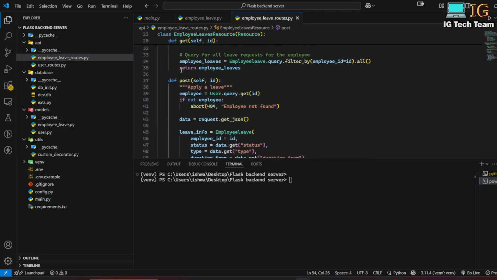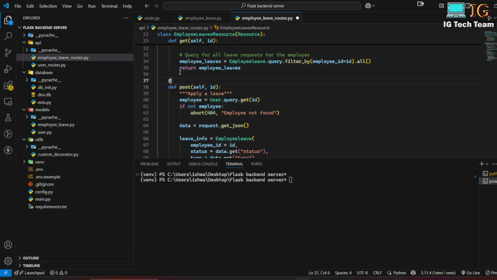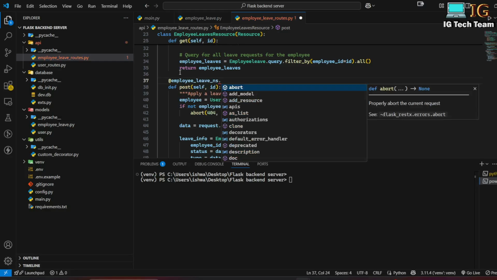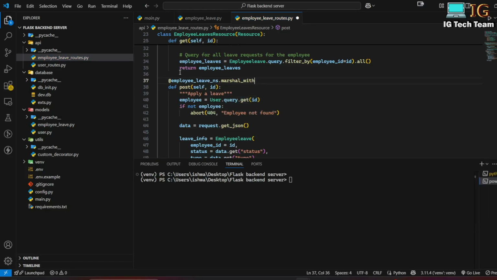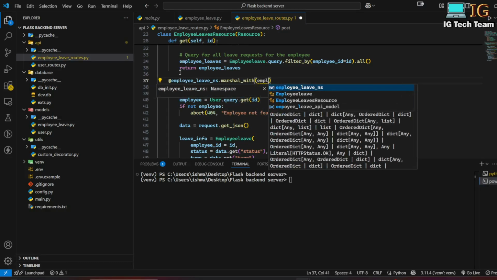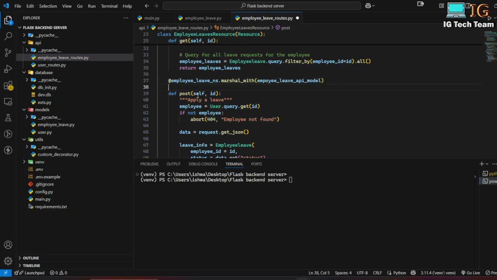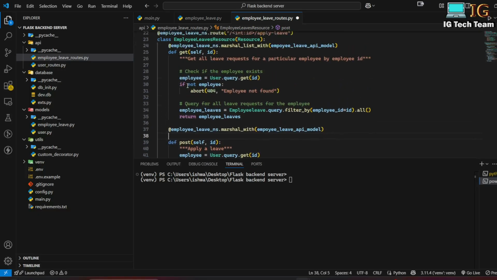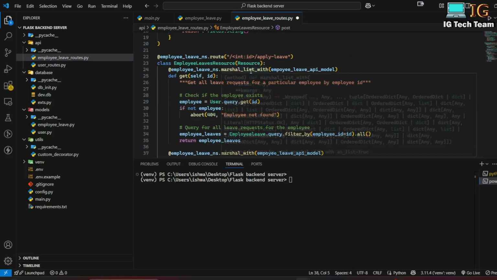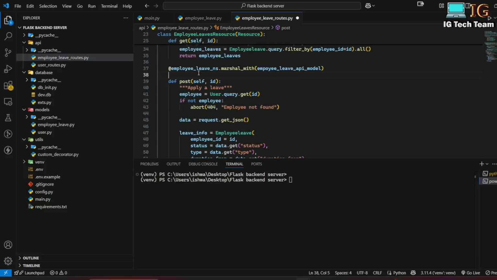Now what more I can do is, here again, I can format the output. I can write employee_leave_ns.marshal_with, employee leave API model. Okay, and also I can call my expect function. This get will not take expect because I don't need to send any payload, so expect will not be required here. But when I am applying a leave, I will need the payload example value, so I have to use